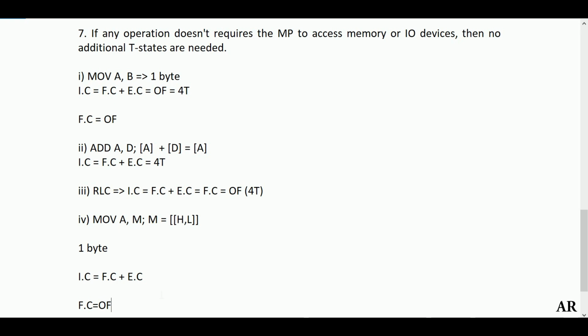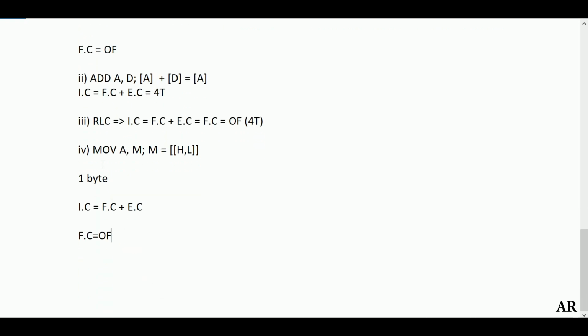After the microprocessor has decoded that it's a move A comma M, that means the content of the memory element or the memory pointer has to be moved to A. Suppose the content of H is 50H and the content of L is 60H. So we have to get the content from 5060H and move it to your accumulator register.